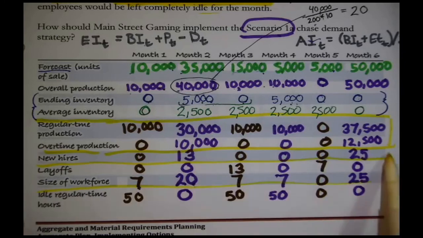And we are varying the size of the workforce considerably throughout the planning horizon. Matter of fact, we're varying it from as little as nobody is working for us in the 5th month to 25 people working for us in the 6th month. This is, however, consistent with the strategy that up at the top of the paper, the production manager said that he or she would like to see used in figuring out how to follow those actual production levels.